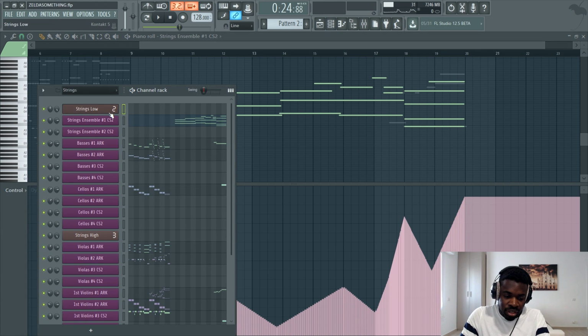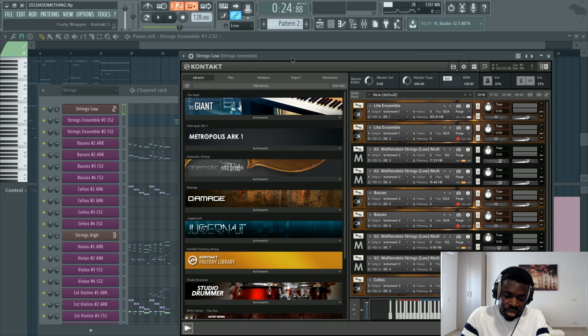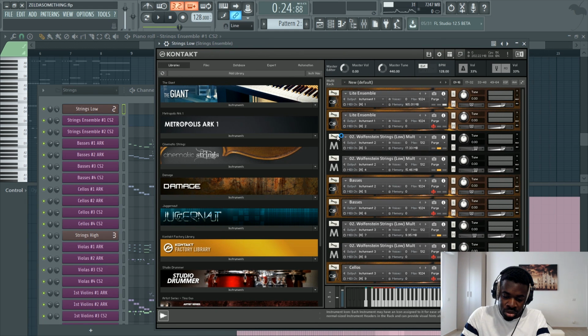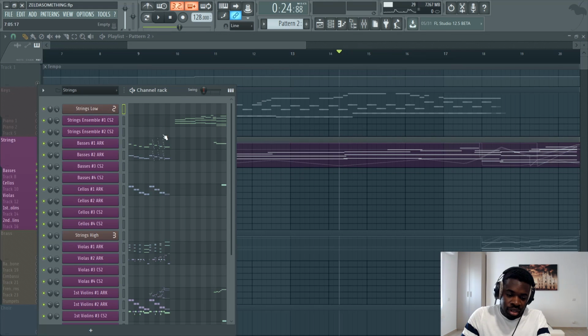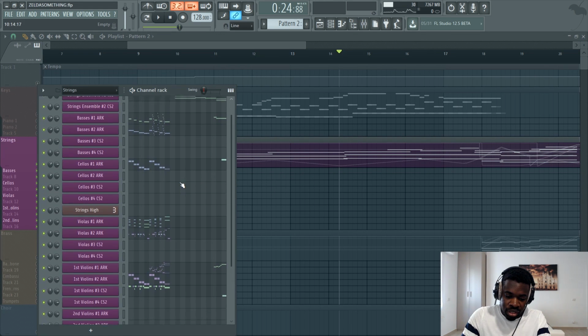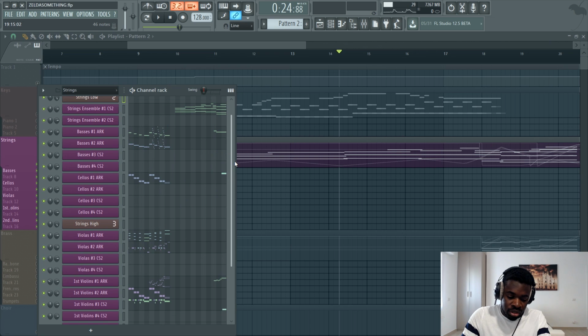Generally, if you have a professional library, like Cinematic Strings 2 or Metropolis Ark 1, you have a legato function, which allows you to play legato notes. A legato note is when you're playing a string instrument, and instead of leaving the string with your finger and then putting your finger on the string again when changing the note, you slide the finger down to the note that you want to reach. So you have sort of a